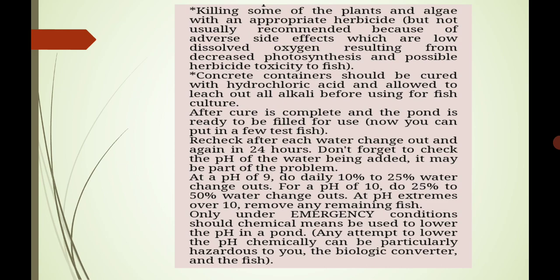At a pH of 9, do daily 10% to 25% water change outs. For a pH of 10, do 25% to 50% water change outs. At pH extremes over 10, remove any remaining fish, and only under emergency conditions should chemical means be used to lower the pH in a pond. Any attempt to lower the pH chemically can be particularly hazardous or dangerous to the biologic converter